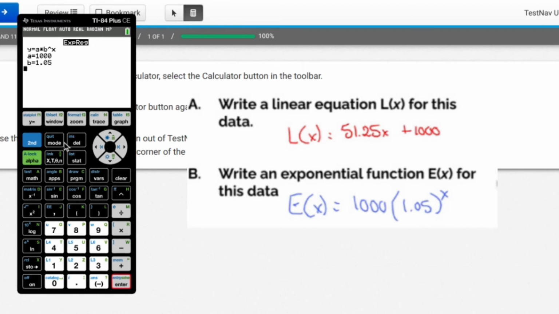So since I stored this equation, if I hit y equals, now, by the way, that is 1,000. I don't know why TI-84 decides to do this. If I hit graph, I'm not going to see anything, but that's okay because all I have to do is find the value at 5 years. So if I hit second, trace, and type in my value of 5, enter, it gives me the number that I need. And keep in mind we're dealing with money, so all these decimals are kind of not super necessary. The amount of money that my account is worth after 5 years is